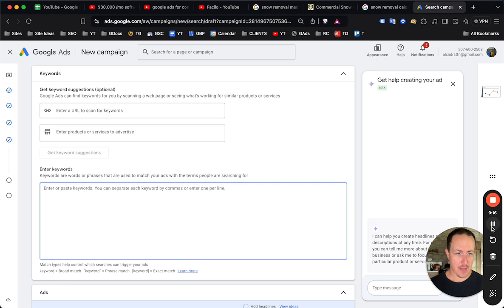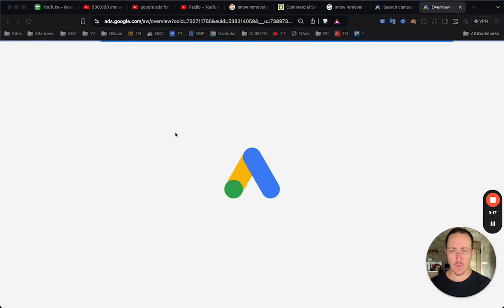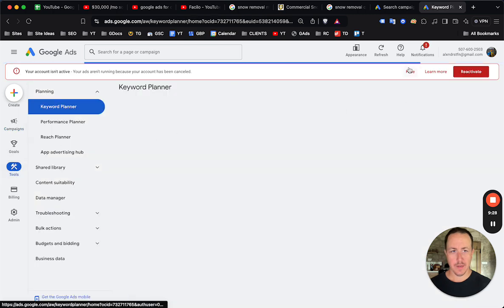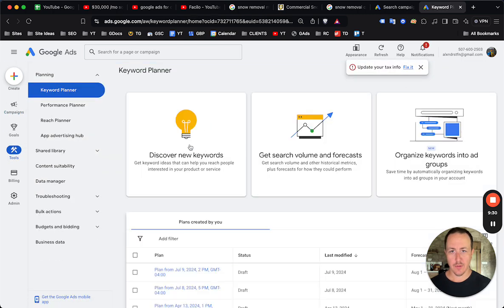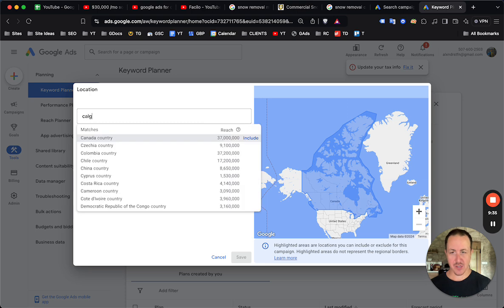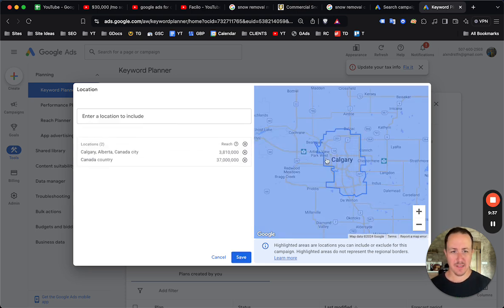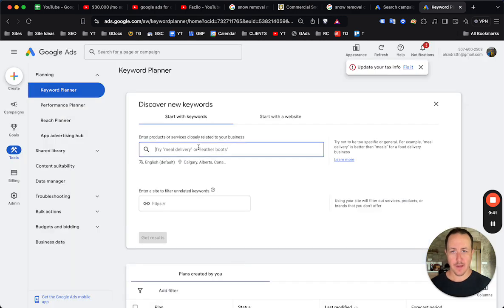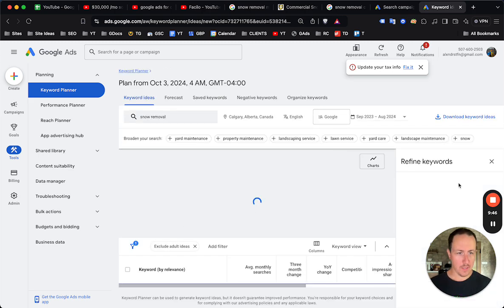Let me just open another tab really quickly. So just go ahead and open another Google Ads tab, and then from here on the left, you're going to click on Tools. Once that loads in, I'll just give that a second here. Click on Tools, and it's going to open the keyword planner right here, the keyword tool. Click on Discover New Keywords, choose Calgary. For this, you can actually just choose the area, right? It doesn't necessarily have to be the whole range there like we had before. Click on Save,